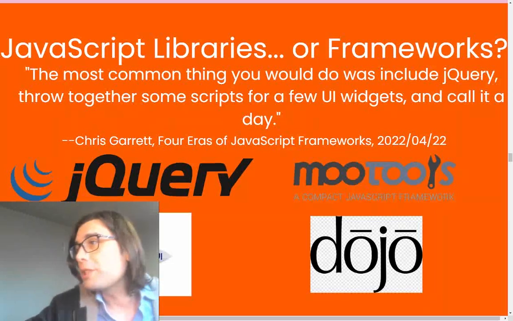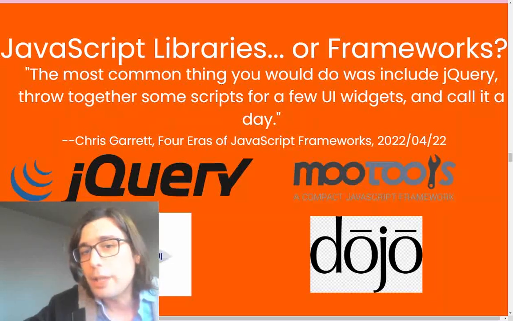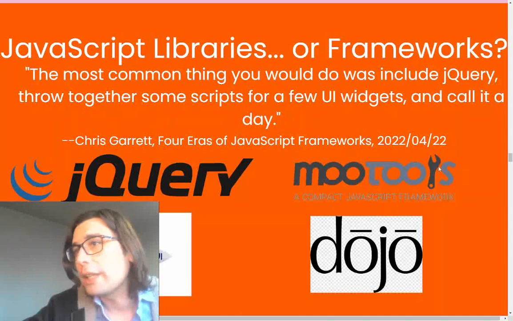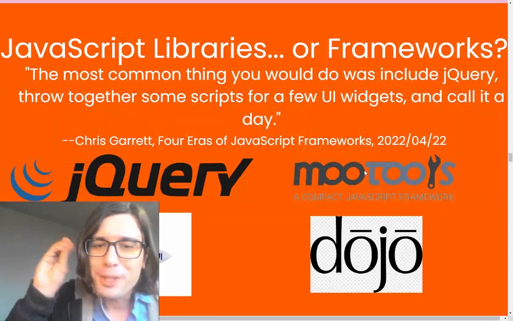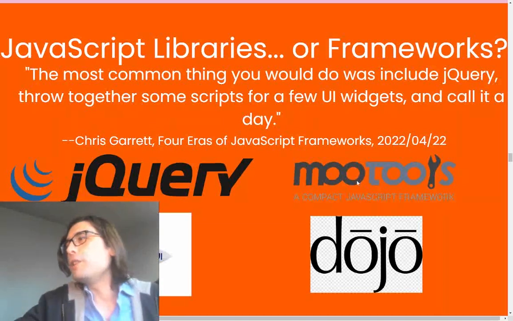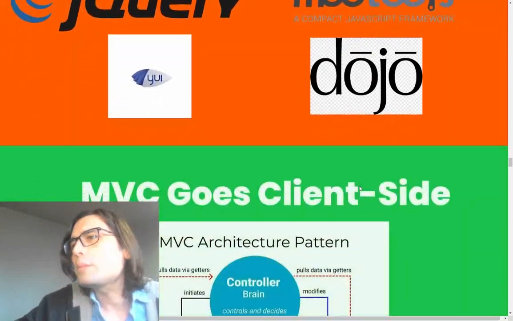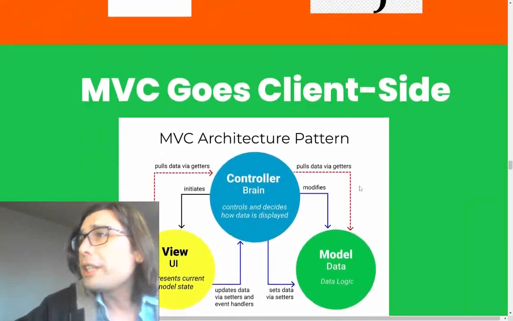But people, I mean, these were some of the first frameworks. You had people like Alex Russell with Dojo, and like I said, jQuery was huge. MooTools had Smooshgate. You can read about that in the article if you want to know what Smooshgate was. But we'll just keep moving on here. And so eventually, people's